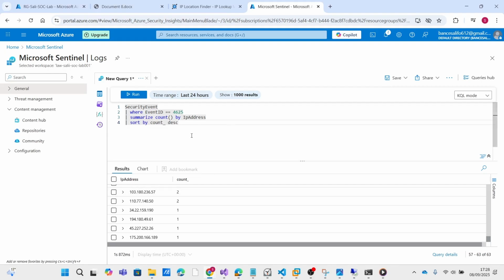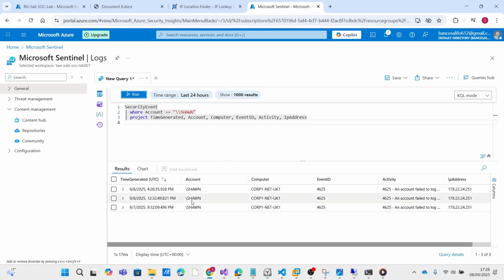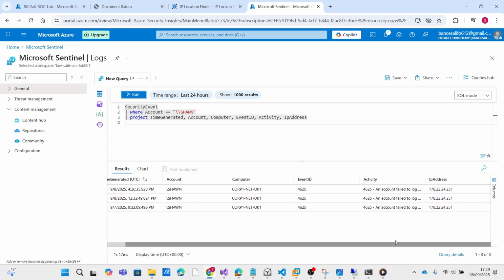Azure, and then we have to write a different query so we can search the specific user. So we can, with the name, should be finding this user. So this is a specific user, so we can see this person has tried a few times to log in within our system, and we can find the IP address as well. So we can get this IP address if we want to find where these attacks are coming from,